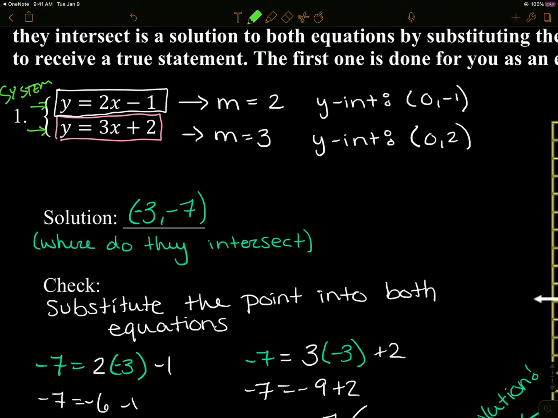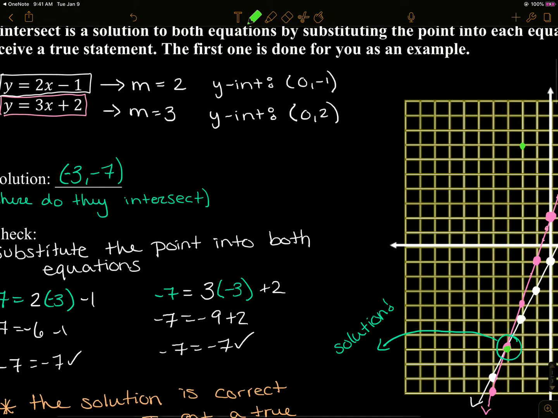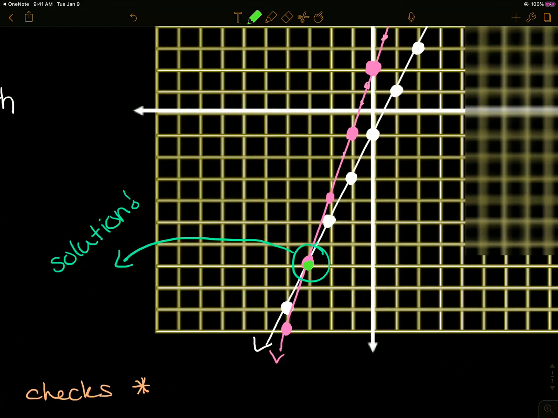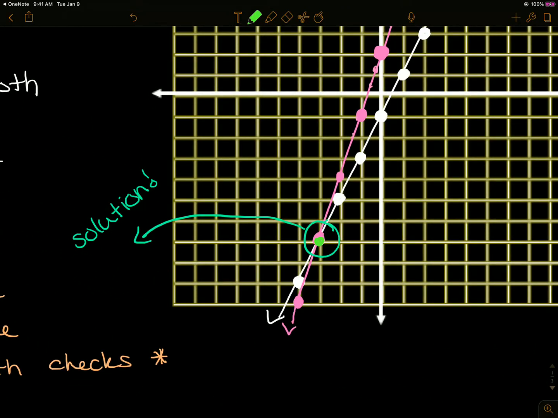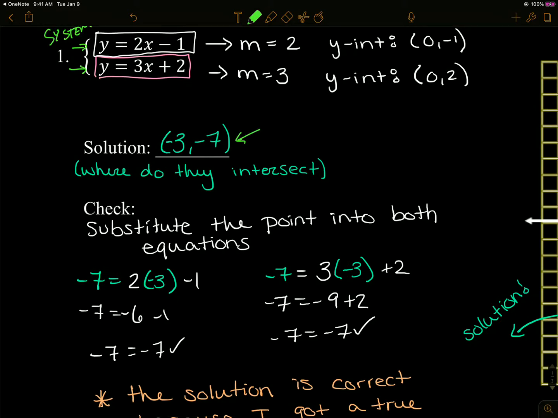So how do we come up with that point? We graph both of these lines. So both of these lines are in slope-intercept form. So I graph the y-intercept and then I use the slope to find the second point. So we'll go over this in the next problem. Mr. Rosicki already did this one. Once I graph them, I find that point of intersection, which happens to be -3, and then down 1, 2, 3, 4, 5, 6, 7, -3, -7. So that's our solution. It's the point that is on both lines. Therefore, these three dots mean therefore, it satisfies